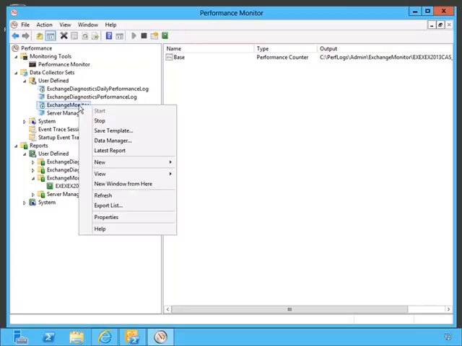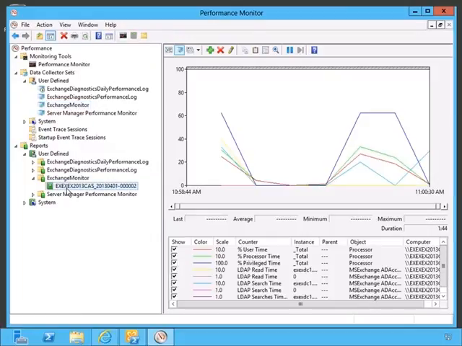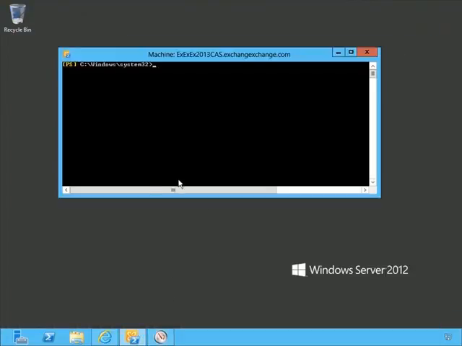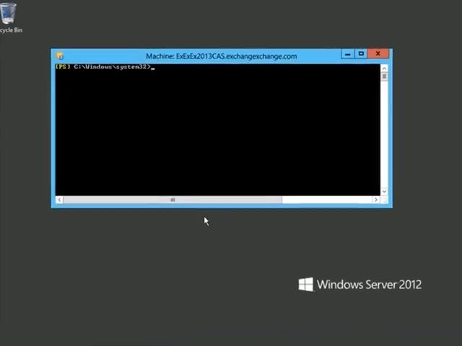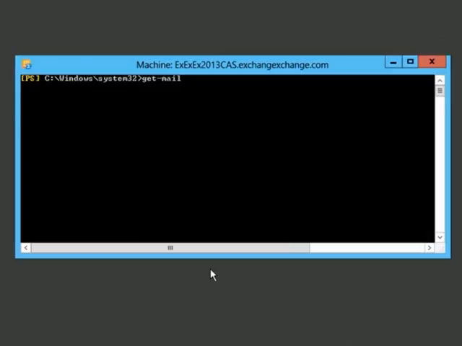Alright, let's stop the collector from running. And we can see all this good information that's come our way. Very helpful. Now the last thing I wanted to show you before we jump back over to the slides is that monitoring commandlet for mailboxes, for those health mailboxes. So if we type Get-Mailbox -Monitoring,